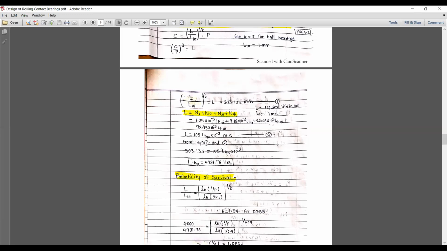Then if we are adding, or you can make a sum of all the RPM, or you can say all the cycles, if we add the bearing life of each, what will we get? We will get the total life. Okay, so L is equal to N1 plus N2 plus N3 plus N4. So what we get, first from the equation, L by L10 raised to 1/3 is equal to